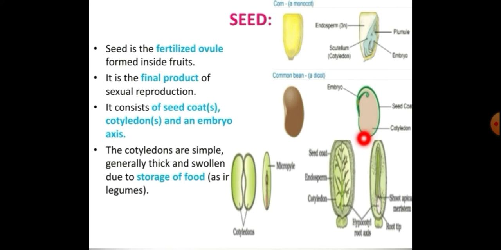You may know that many seeds are used as food. Pulses, grains, some cereals, these are almost all seeds which have stored food in the form of protein, which is very nutritious, and it is used as food, you know that. And here in the legumes also you can see this same thing in the diagram.